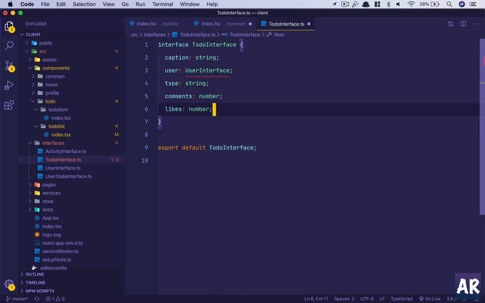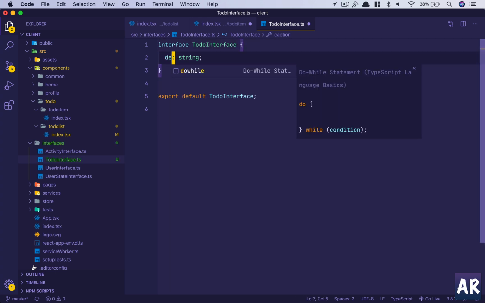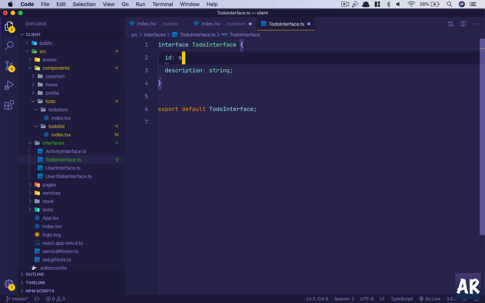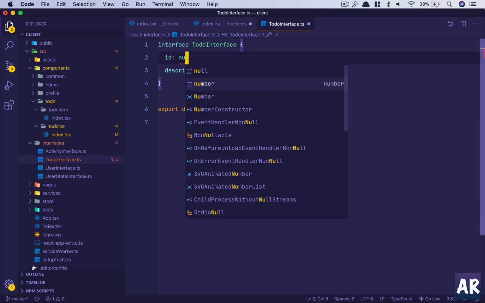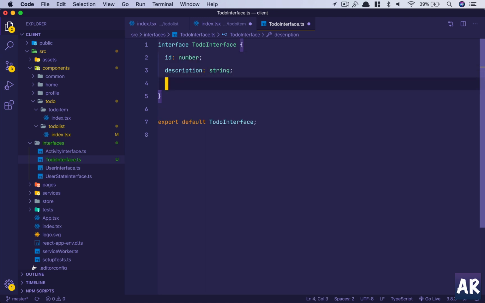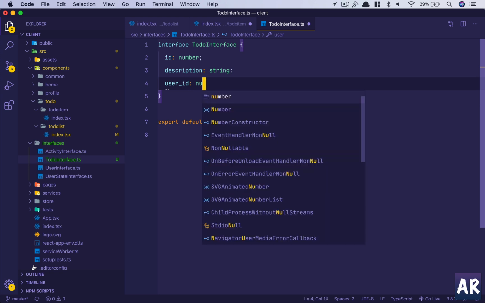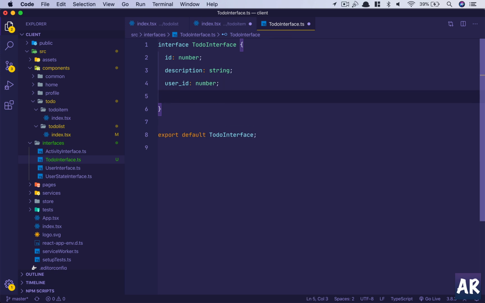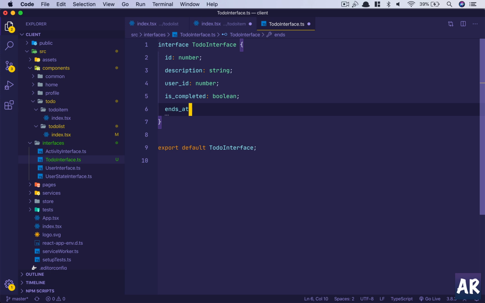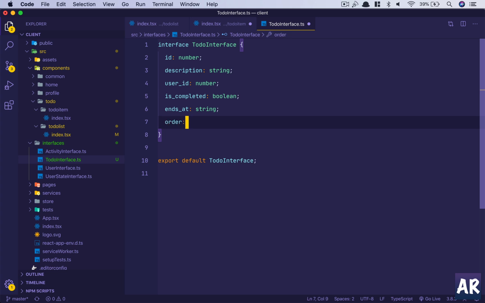So what all things do we have? We have description for sure. We will also take the ID because we need that for certain unique identification. So ID is not string but rather number. Okay, description is added. Then let's have user ID, which is also going to be a number. Then we have is completed, which is going to be a boolean. The next is ends at, which for now we will treat it as a string. Order is going to be a number,